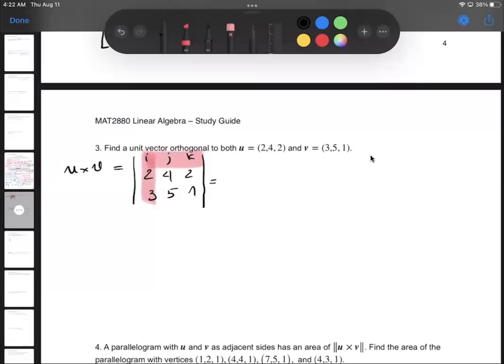All right, the component i is 0, right? Component j, also 0. And then component k, well, minus 0, so still 0, is 3 minus